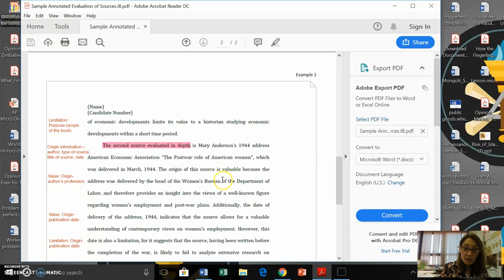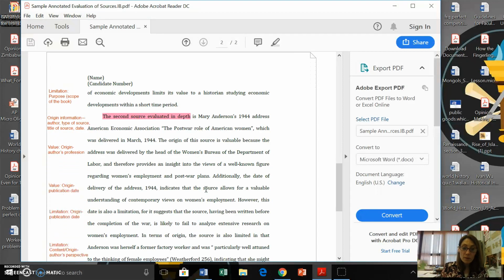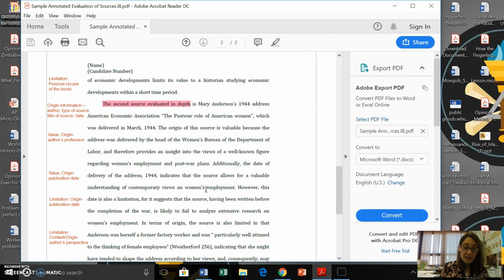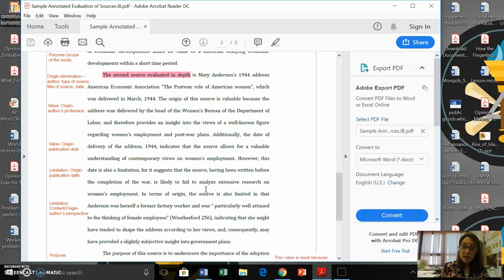The origin of the source is valuable because it was delivered by the head of the Women's Bureau of the Department of Labor, so somebody who was involved in understanding the plight of women and employment during this time. And the date of the delivery is suggesting that she would understand, kind of toward the end of the war, this time period, and what was happening with women. The date is also a limitation because it doesn't cover that 1945 to 1950 time period, and so there are some issues with the date. Okay, you could certainly use the date as part of the origin of the source. That is